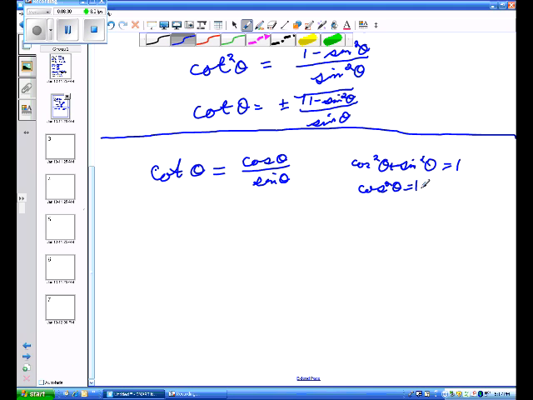Cosine squared equals 1 minus sine squared. And then taking the square root of both sides, cosine theta equals plus or minus the square root of 1 minus sine squared theta. So now we can replace cosine with plus or minus the square root of 1 minus sine squared